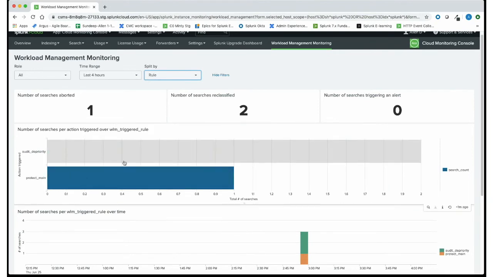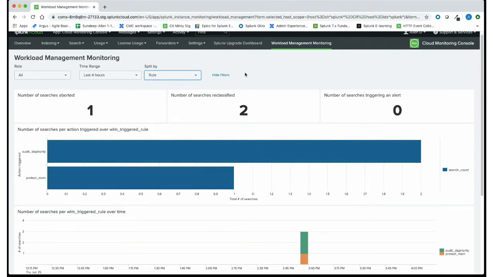The protect main got triggered, and obviously took the appropriate actions there for that user based on that rule. So this is a good way to see the end result of that. Obviously, once you've set up some of these dashboards, you let them run for a while. You come back and you look at license usage, expensive searches, and that user activity, and you should see changes